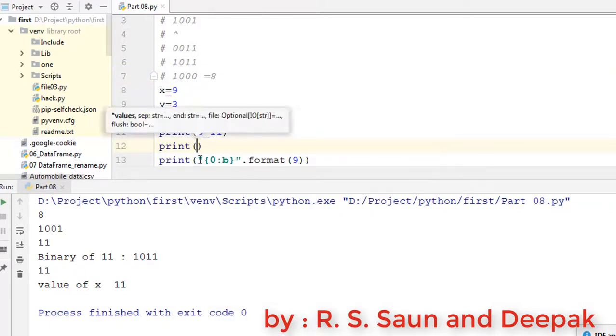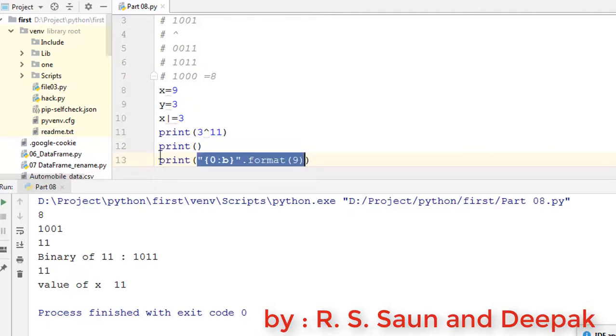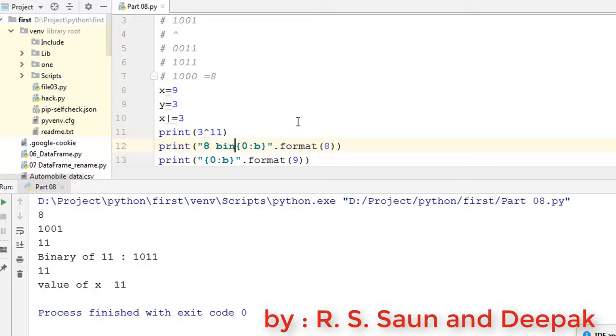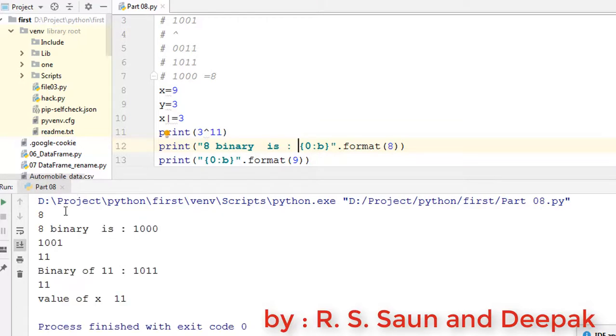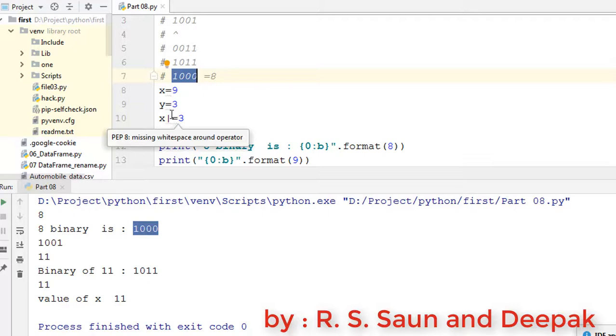And let us try to find out the value of this 8 in binary. Here, let me copy this one and replace 9 with 8, and let's say 8 binary is like this. Okay, and let us execute this program and see. So 8 binary is, you can say, 1000, and 1000 you can see. So here is the calculation of how you can perform exclusive OR. Okay, and let us see how to do it